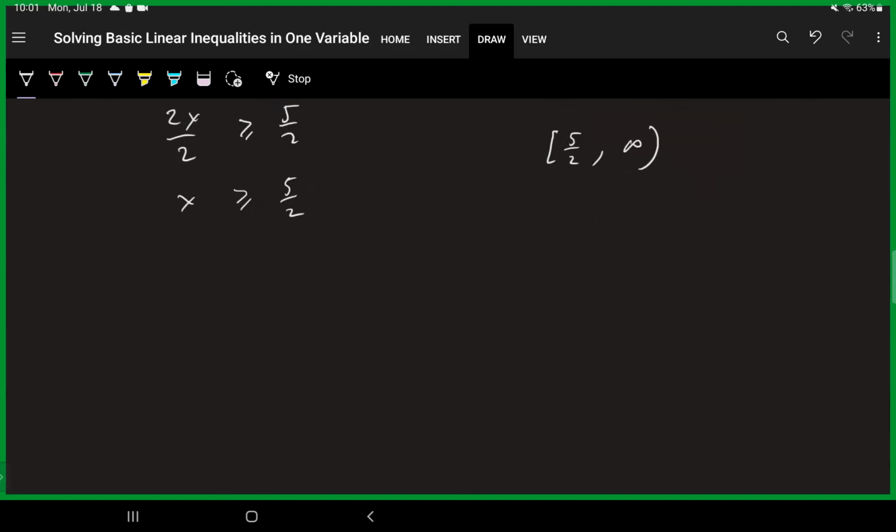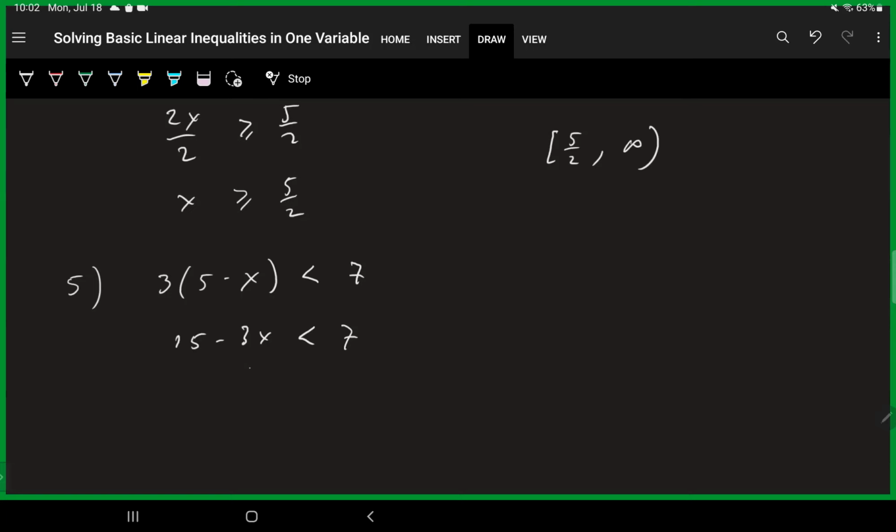Finally, let's look at something with some parentheses. Let's look at, let's see here, 3 times 5 minus x is less than 7. So if I have 3 times 5 minus x is less than 7, we need to clear the parentheses first. So let's distribute, and that's going to be 15 minus 3x is less than 7. It didn't change the inequality sign, just cleaning something up doesn't do anything for changing the inequality sign. But this is a linear equation that we can solve.